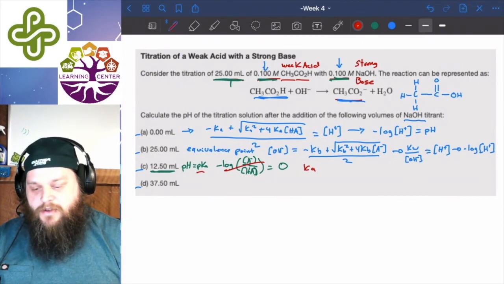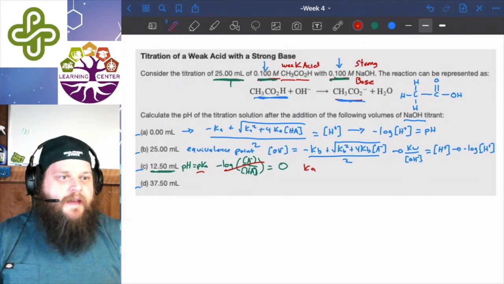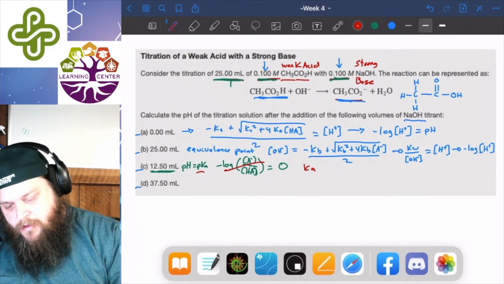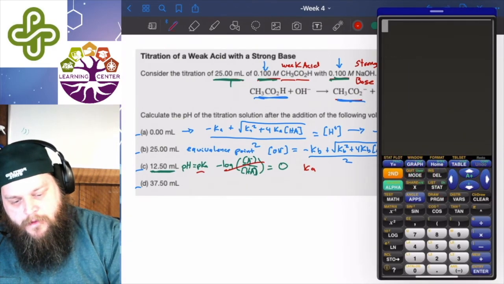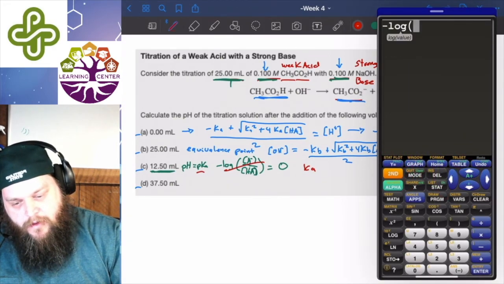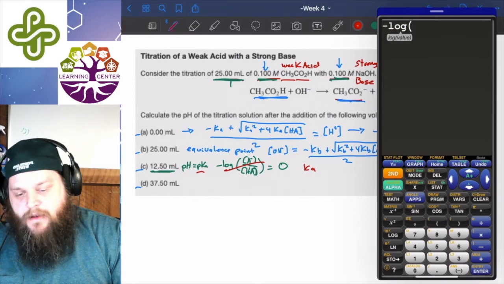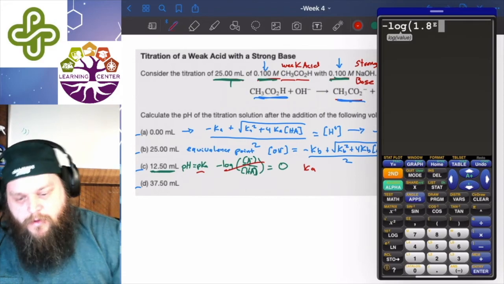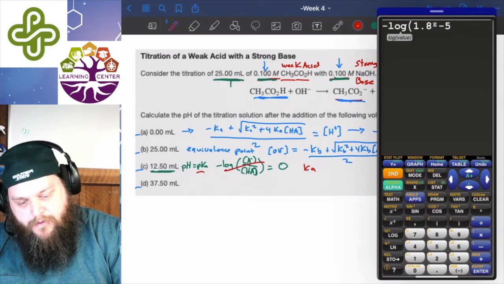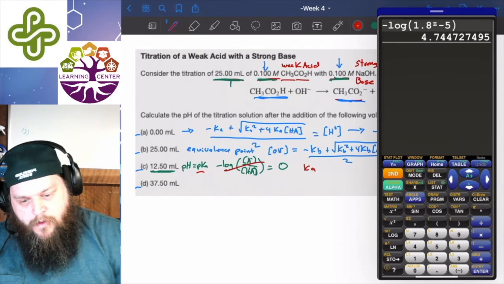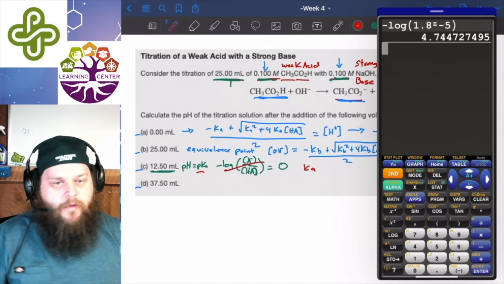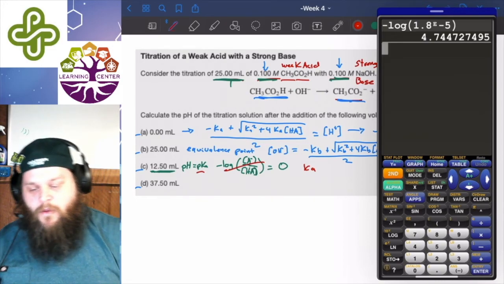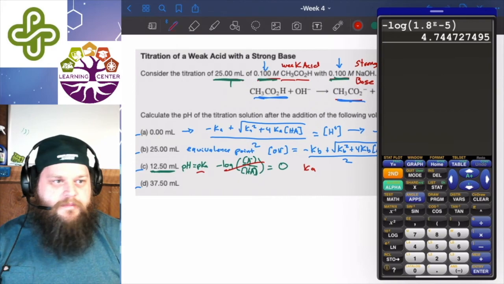Again, in this situation, we have the pH is equal to the pKa value. So to find that in this case, I can even pull up a calculator. I can just say the negative log, and then I'm just going to put in the value for the Ka, so 1.8, do a little e for the times 10 to the negative 5. And there, 4.74 is going to be the pH at that half equivalence. It's a quick and easy thing to calculate once you know the Ka value for it.